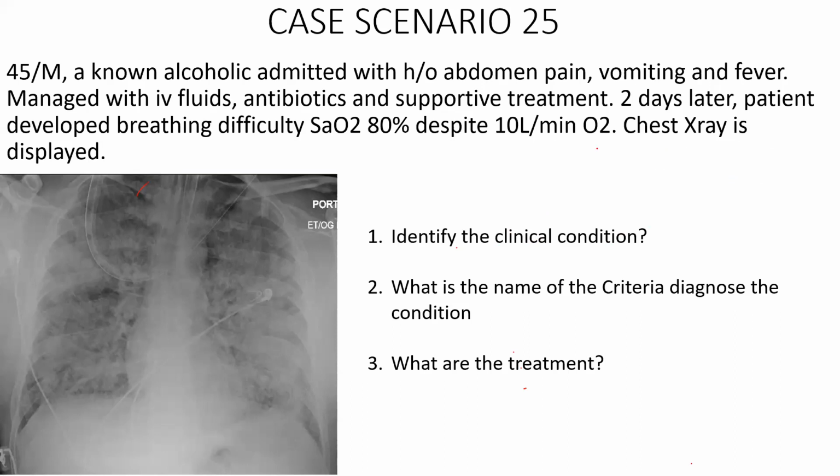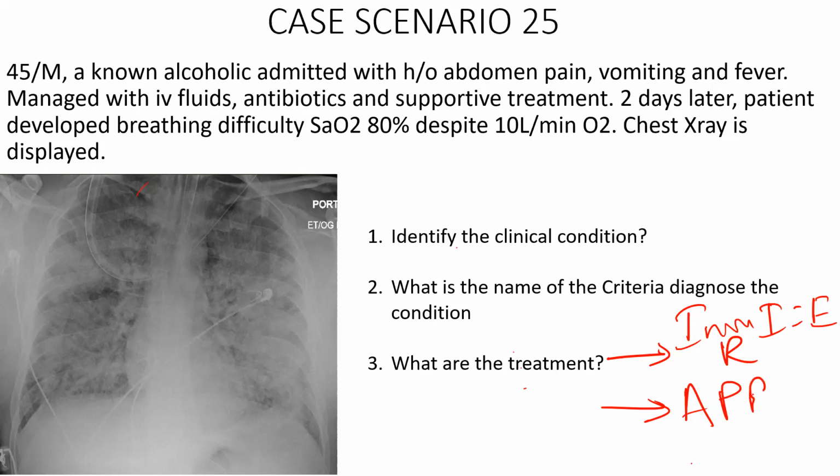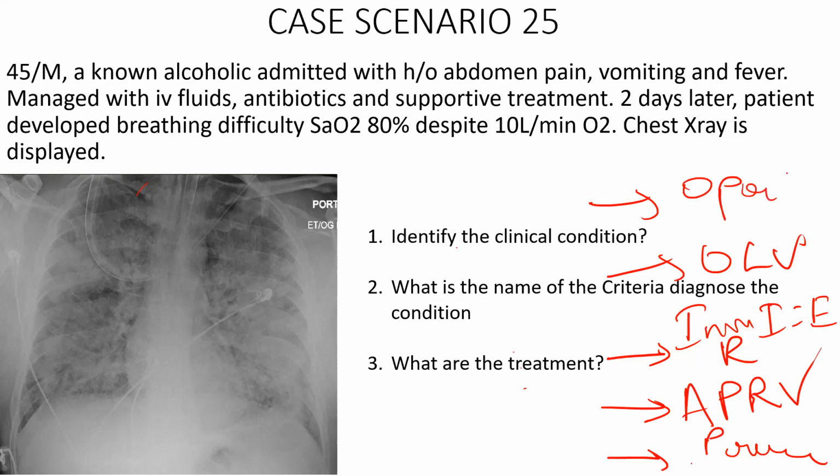Sir, please tell about the modes of ventilation in ARDS. Briefly, there are so many newer modes of ventilation. The most important one to remember is inverse ratio ventilation, with the I:E ratio getting greater than 1:1. Another important newer mode is APRV. Don't worry about these names; if you don't mention the name, that is fine. Then prone ventilation, then one lung ventilation, and lastly, open lung ventilation.